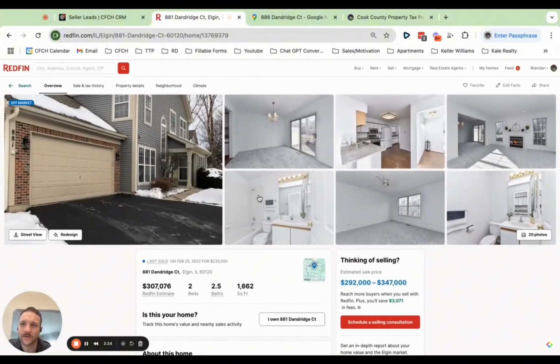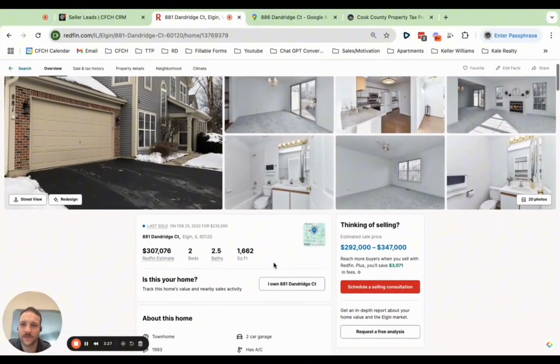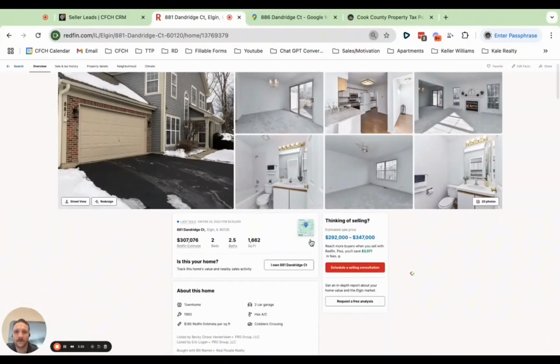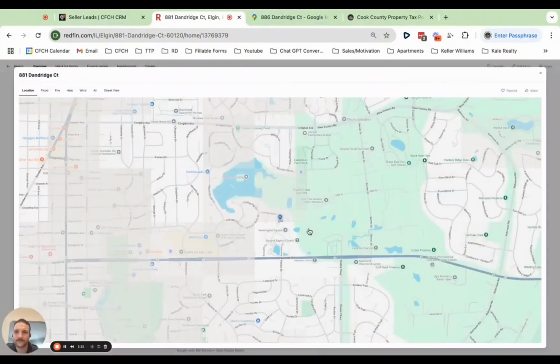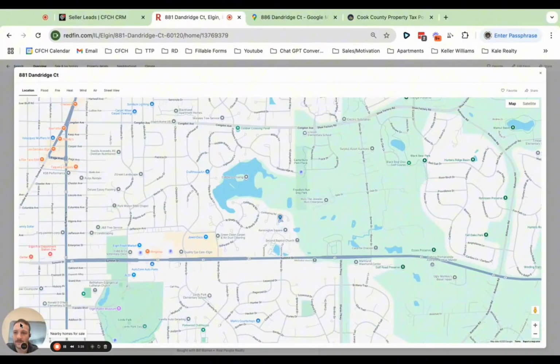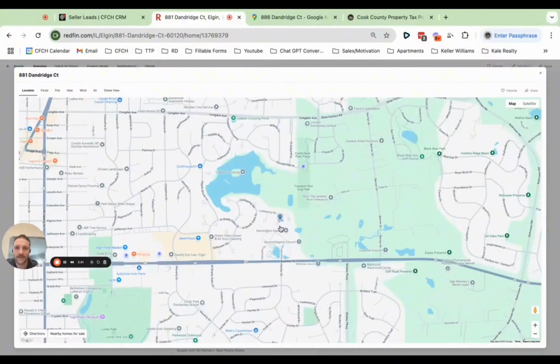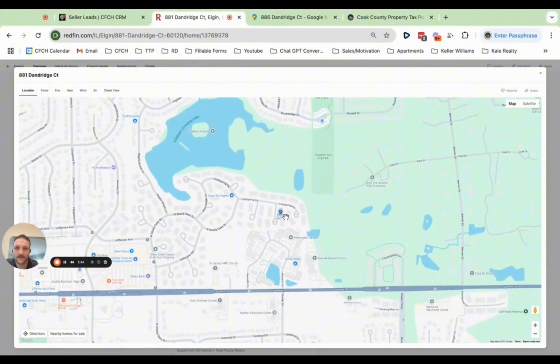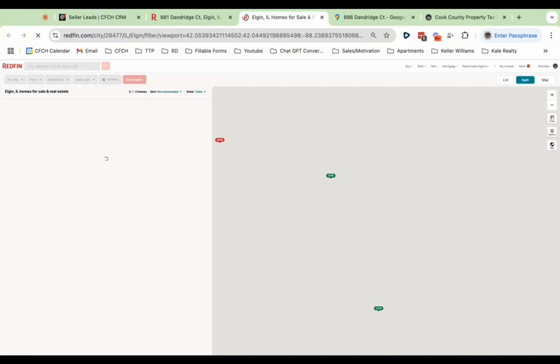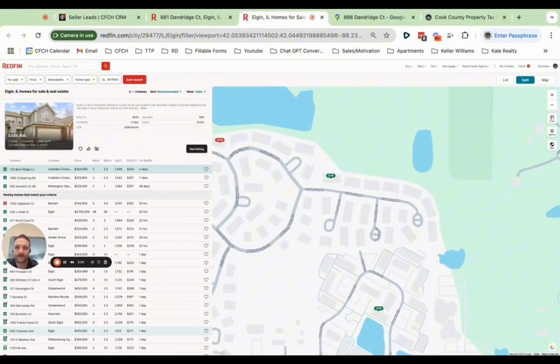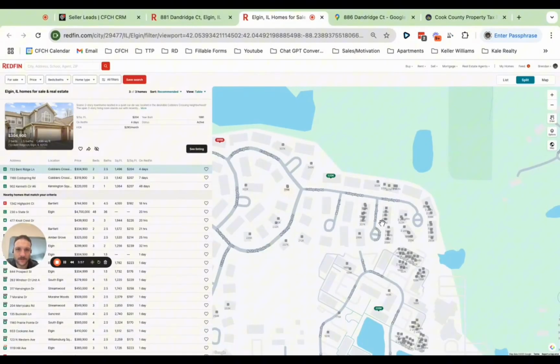So we're here. So now we need to find similar properties that have sold. So what you're going to do is you're going to click on this map here. And then down here, if you can see past my face, down here is going to be nearby homes for sale. So you can see here, the house is on Cold Spring, right? Or actually on Dandridge, but Dandridge and Cold Spring. So we're going to click on nearby homes for sale. So the house is right over here, if you could see my mouse.